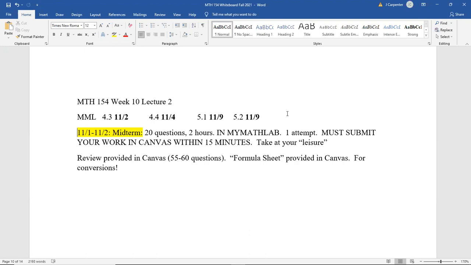All right, so without further ado, let's pick up where we left off in 5.1 and then really quickly get into 5.2. So we're going to talk about that concept of a fixed amount and a variable amount and using that in an equation and how we can put numbers in and get numbers out. So here we go.